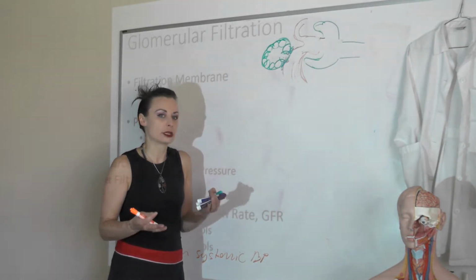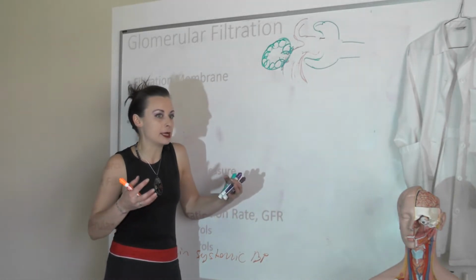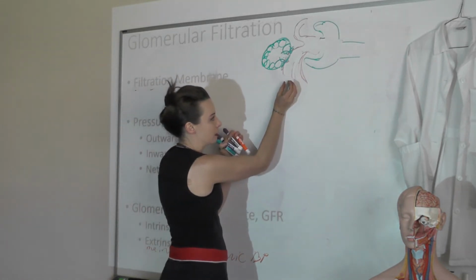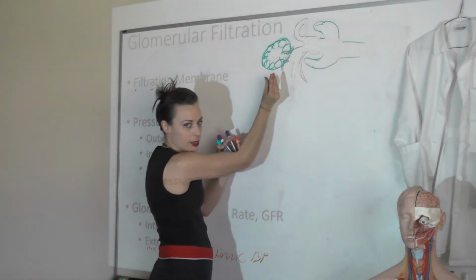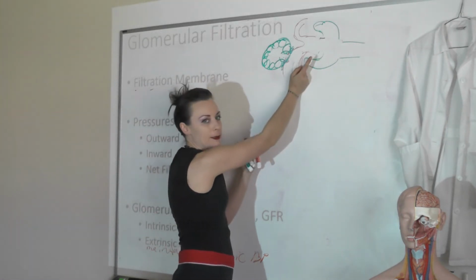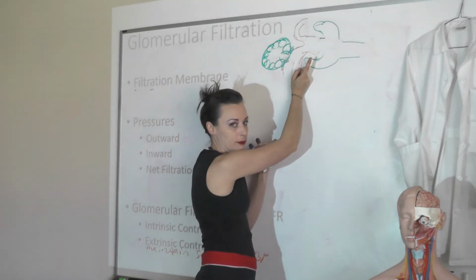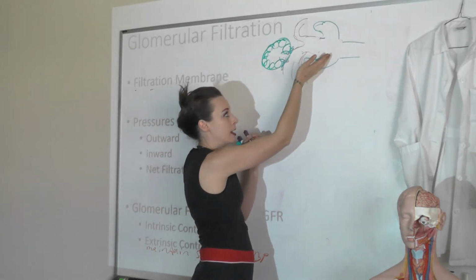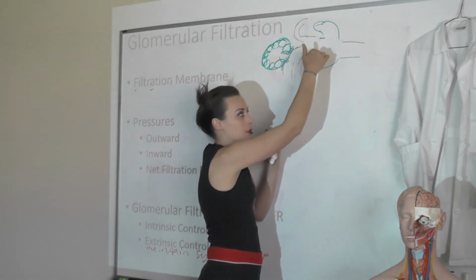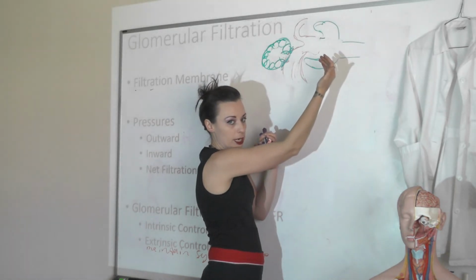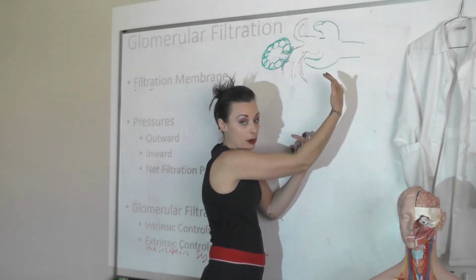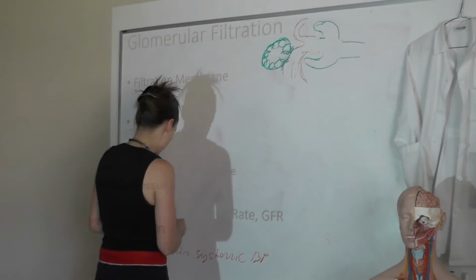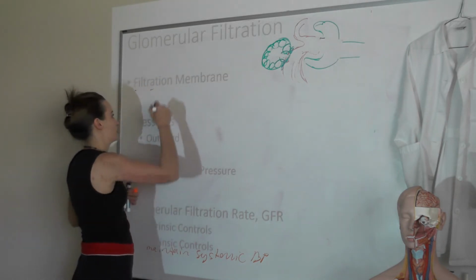Then you're going to be in this extreme sympathetic nervous system situation, and it's going to cause extreme constriction of the afferent arteriole. And if we cause extreme constriction of the afferent arteriole, what's going to happen to hydrostatic pressure in the glomerular capillary? It's going to drop, right? So then what's going to happen to my net filtration pressure? It's going to drop. What's going to happen to the glomerular filtration rate? It's going to drop, and I'm not going to make urine. I'm going to keep all of that fluid so that I can maintain my blood volume. So for extrinsic controls,